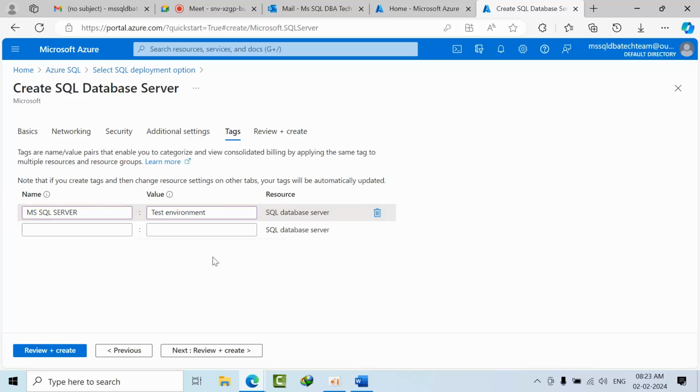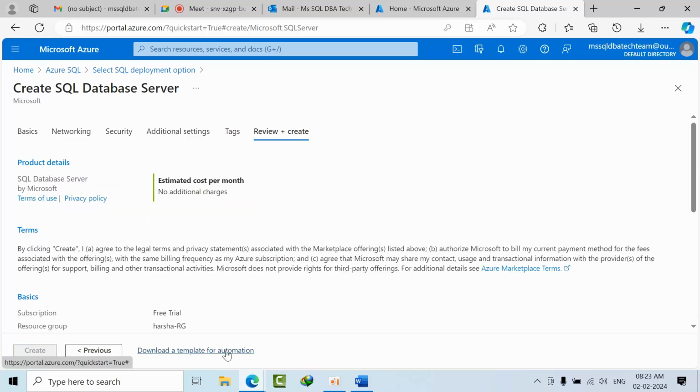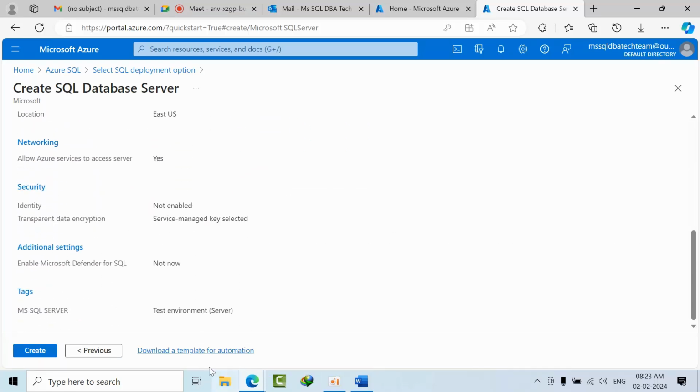Apart from that we don't have anything with the tags. Now go and create. You can download this template if you want to automate, or otherwise you can go for create.